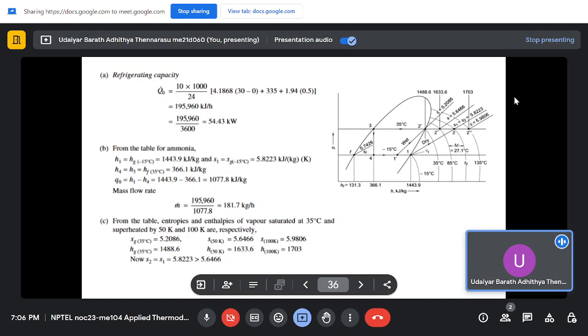So from the table of ammonia we can find that at minus 15 degrees Celsius the saturated vapor enthalpy is 1443.9 and the entropy is 5.8223. Similarly, the saturated liquid enthalpy at 35 degrees Celsius is 366.1 kilojoule per kg. So using this we can find the specific cooling capacity, which is H1 minus H4, which will come out to be